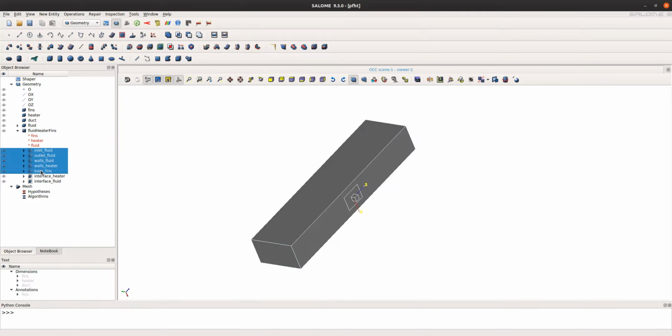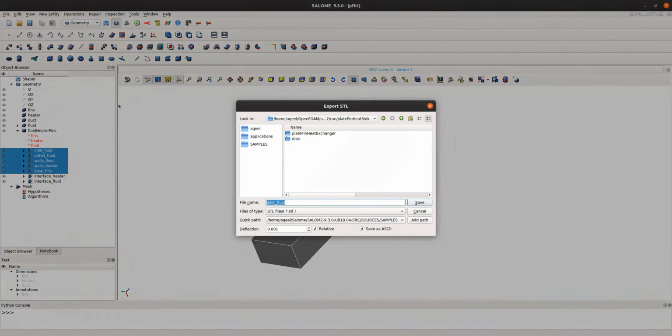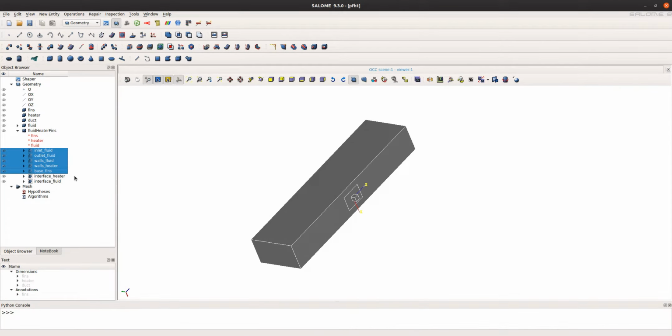So I will go ahead and select, for example, all of them and then File, export as STL, and I have a folder. I can save them here. So I have first inlet fluid, outlet fluid, then walls of the fluid, walls of the heater, base of the fins.